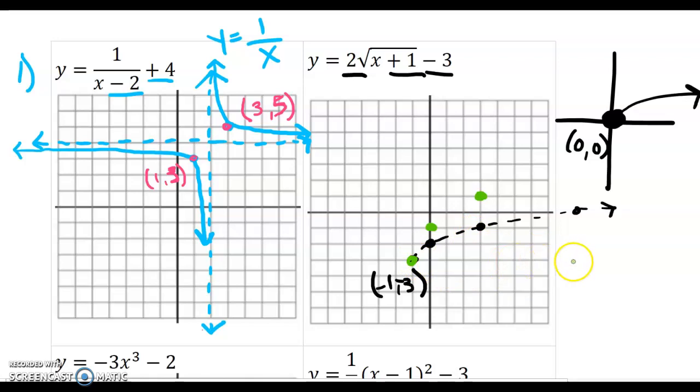Normally, we go over 9, we go up 3. Now we're going over 9, and we're going up 3 times our amplitude. 3 times 2. So now we're going up 6. Over 9, 1, 2, 3, 4, 5, 6. The green graph